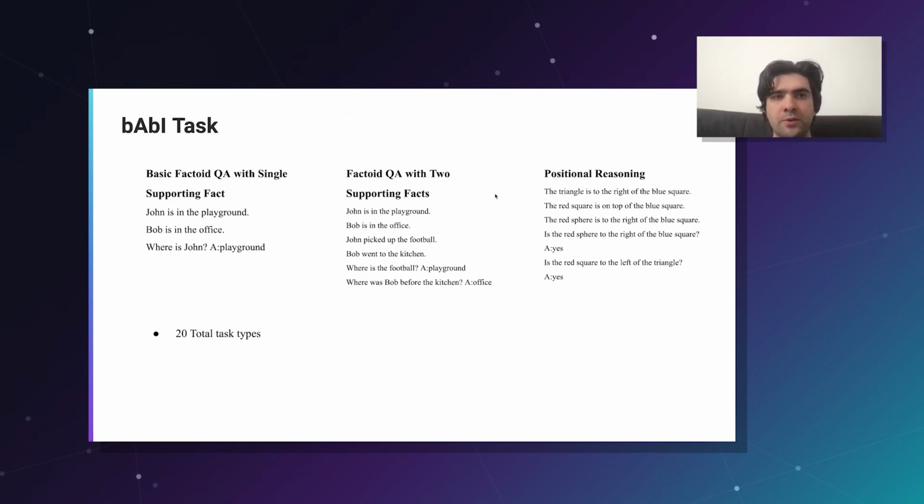Cool. So then next we have this Parity task, which, as I mentioned, is comprised of 20 total task types. I've selected 3 here that I think showcase the diversity contained within this set. So we have basic factoid QA with a single supporting fact, where we have some sentence that sets up a scenario and asks something super basic about it. We have factoid QA with 2 supporting facts, where we have to reason through the text that's been provided